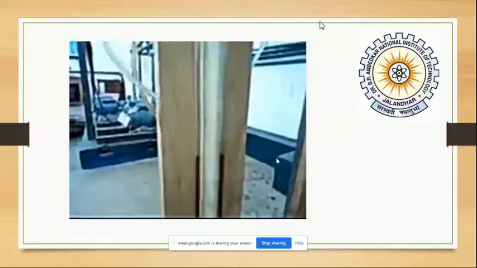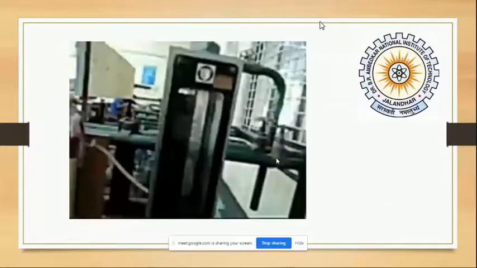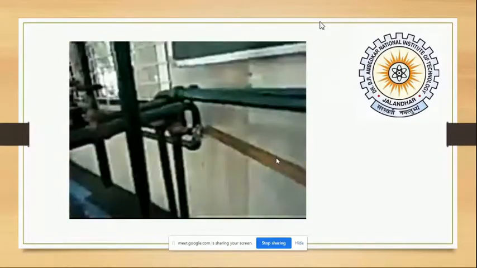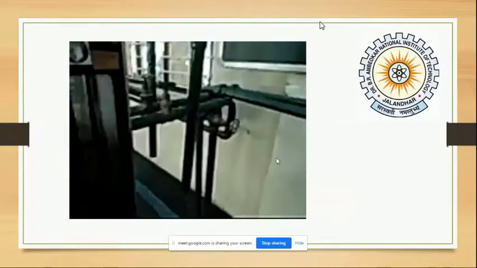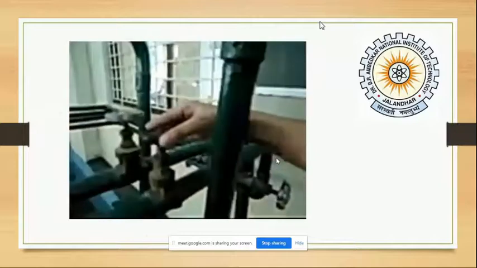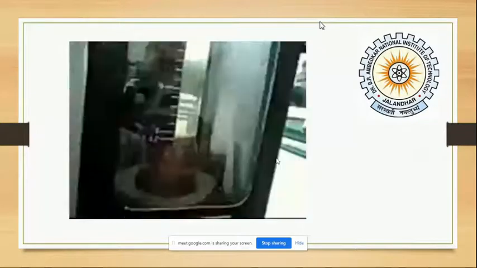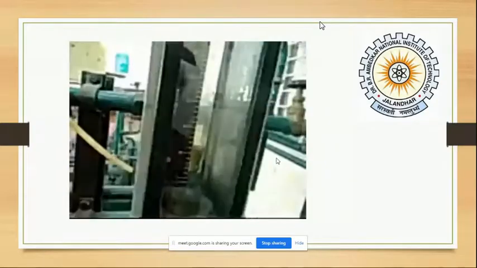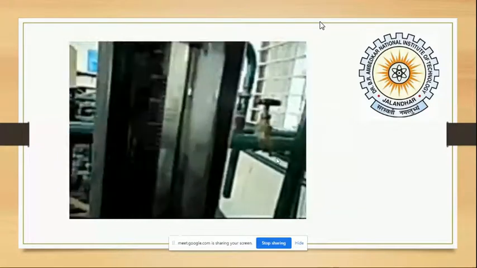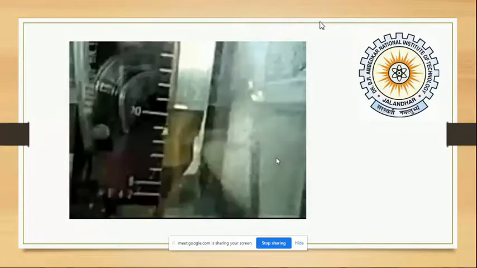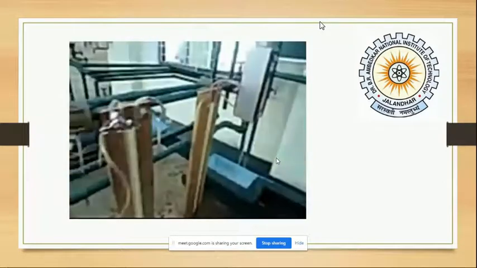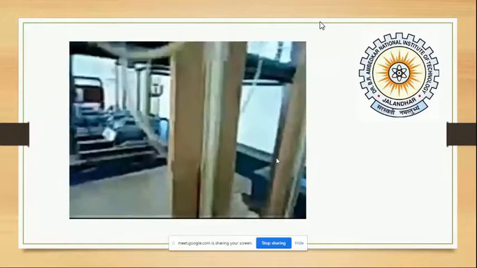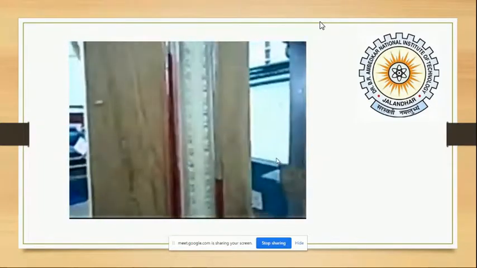This is the manometer which will calculate the pressure difference. The actual flow rate can be measured using this rotameter. To start the experiment, ensure that the bypass valve is completely open and the main valve is closed. Gradually open the main valve to set the flow rate. The float of the rotameter gives the flow rate reading. Ensure that both the limbs of the manometer give equal readings beforehand. Finally, the difference of readings gives the pressure drop.